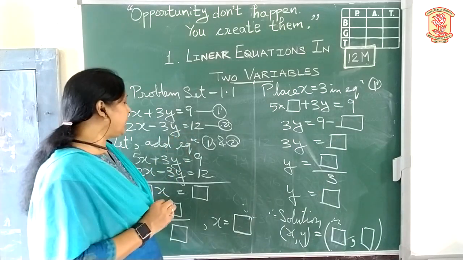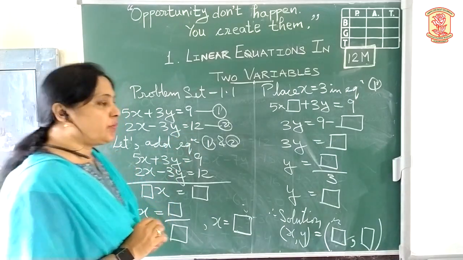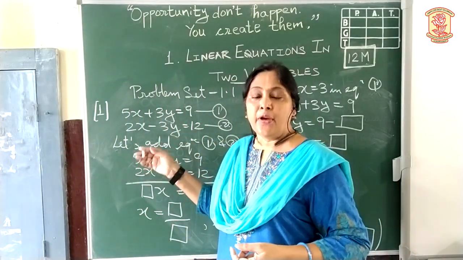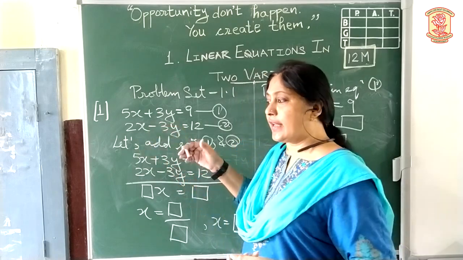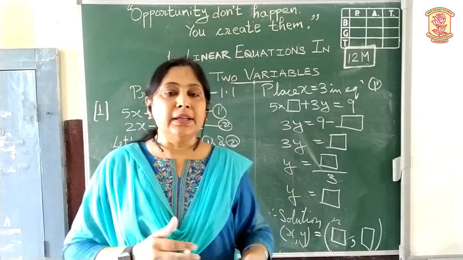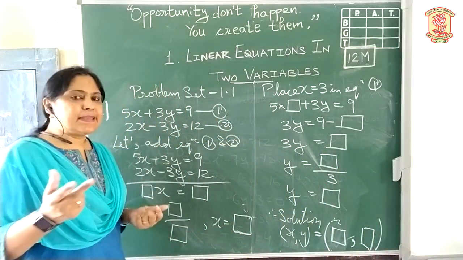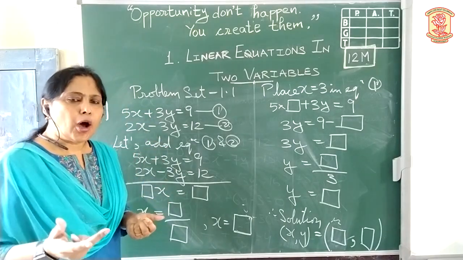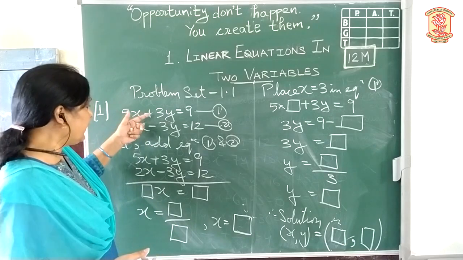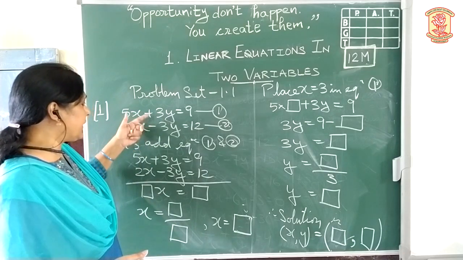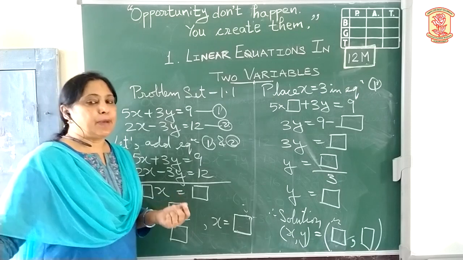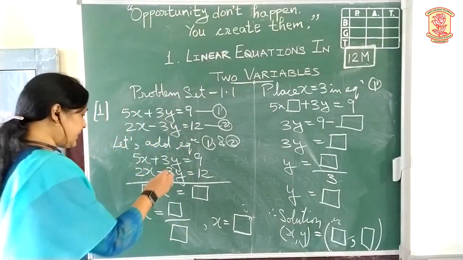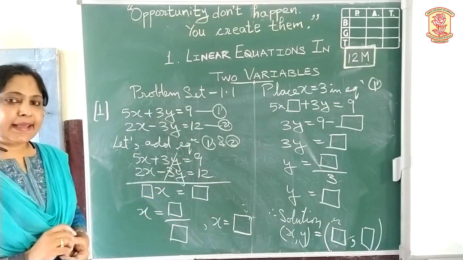We are adding both the equations. As you must be remembering, in 9th standard we have already solved these simultaneous equations. We have to equalize the coefficients and eliminate one of the terms. That is, the terms can be eliminated when the coefficients are the same and the signs are opposite. So already in this equation we have got plus 3 and minus 3. And what is plus minus? That's minus, and 3 minus 3 is 0. So here this plus 3 minus 3 cancels.